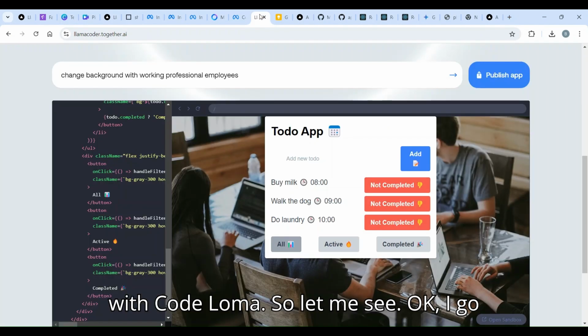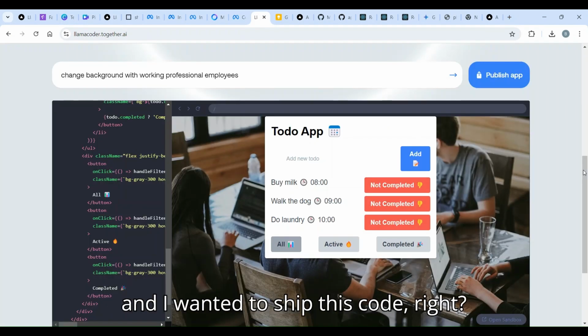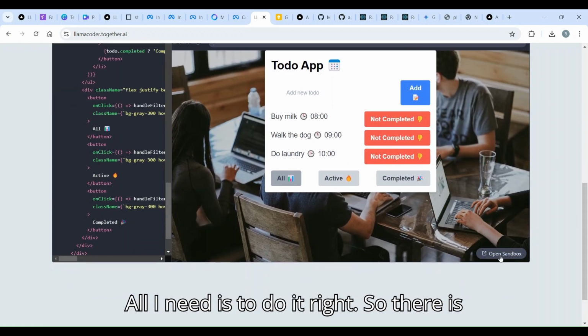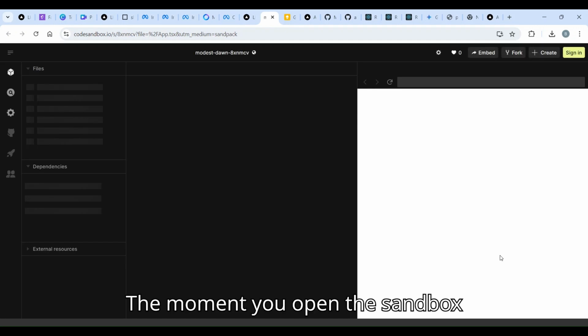So let me see. Okay, I go back. I like the way it's looking, and I want to ship this code. All I need to do is this. There is an option to open the sandbox. The moment you open the sandbox,